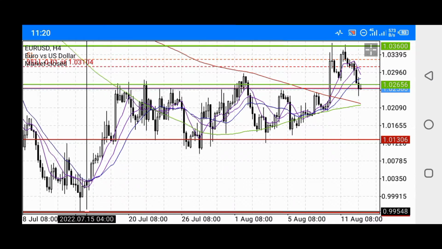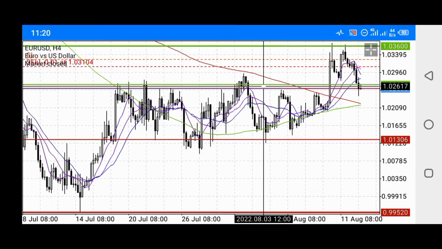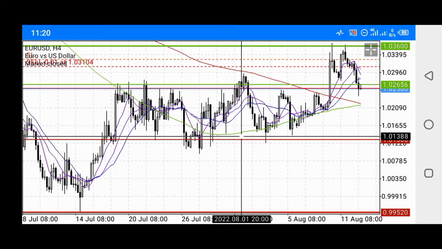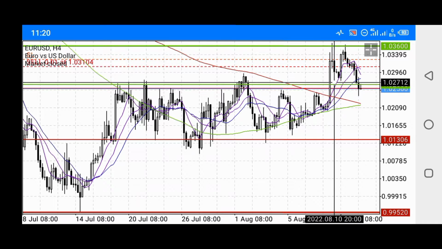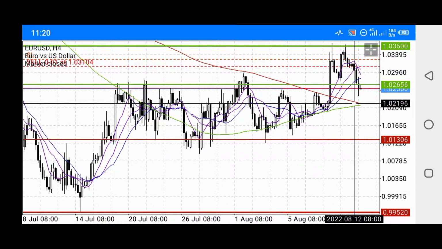As you can see, price was rejected at this point, and price went up, but price was consolidating between a minor resistance level and a minor support level, until price eventually broke this minor resistance level and made an attempt to test the major resistance level. So this level has rejected price, and price is falling all the way down, and price is likely to retest